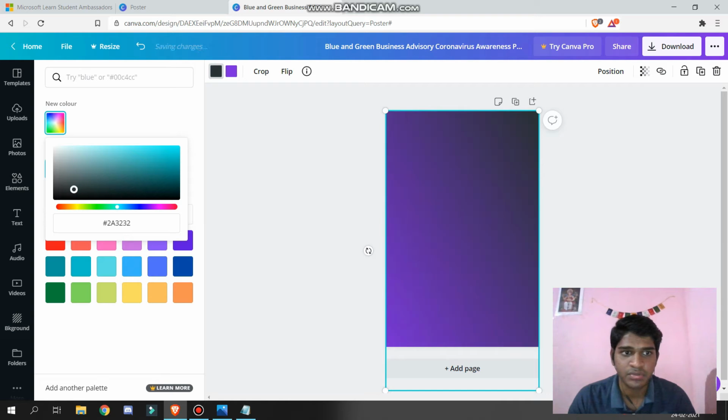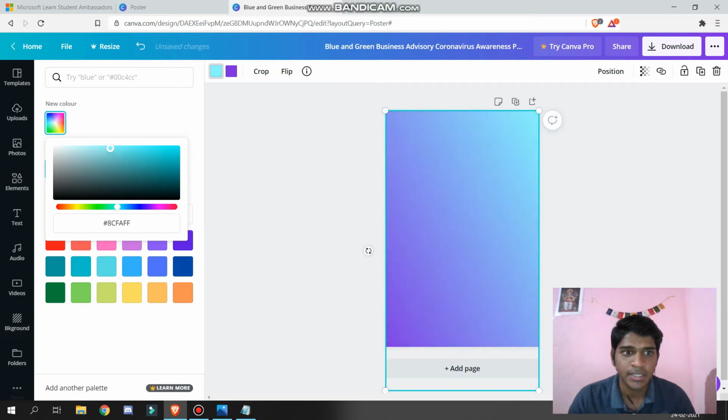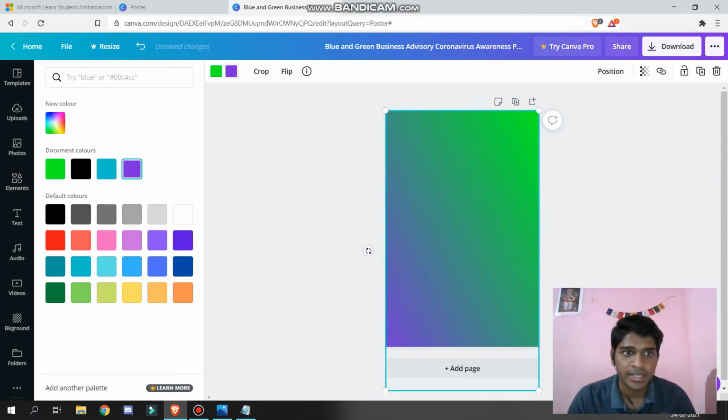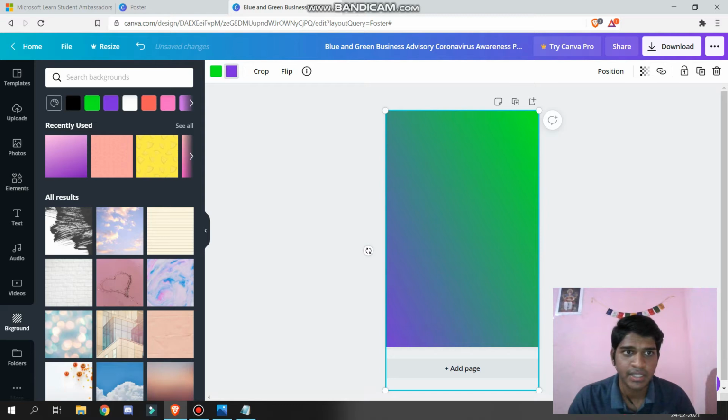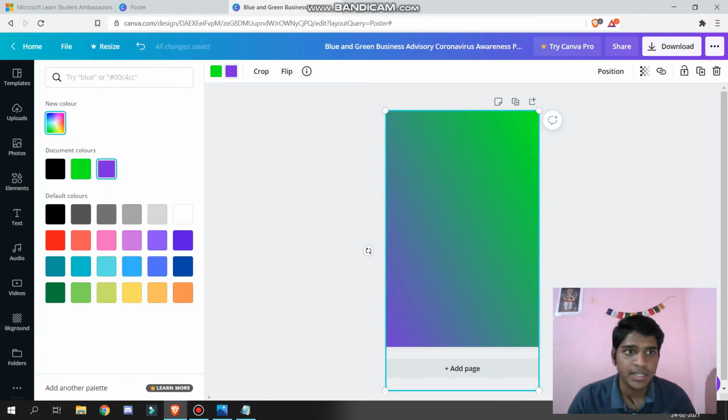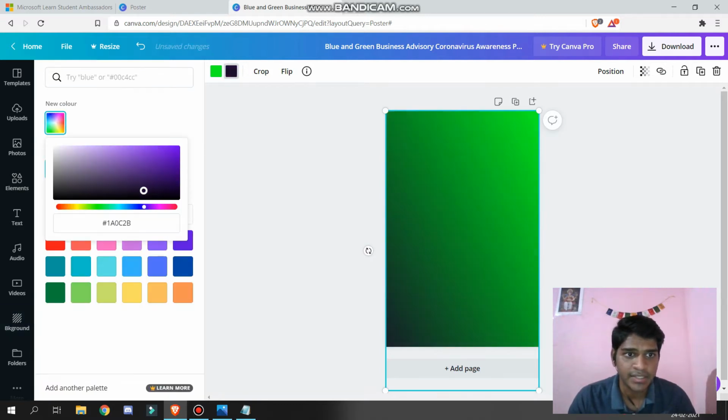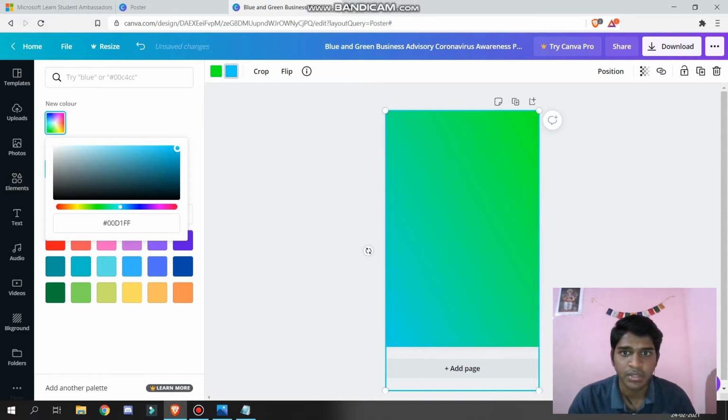But when you use the background from the element which you have chosen, you can actually change the color for both sides. So if I want a gradient effect from green to blue, I will keep one side green, then click on the second color, come to the gallery, select the blue color, and give it a gradient of green and blue.